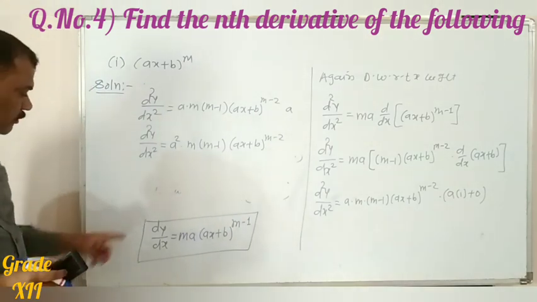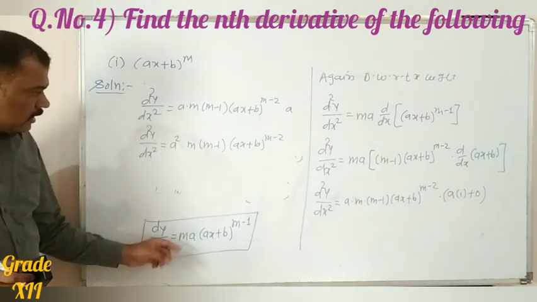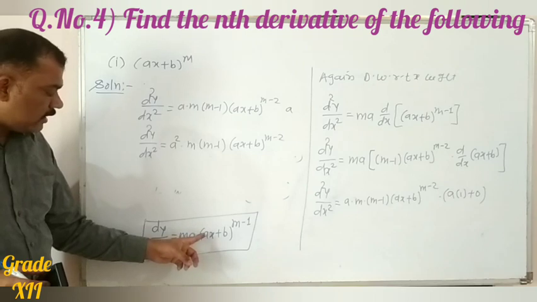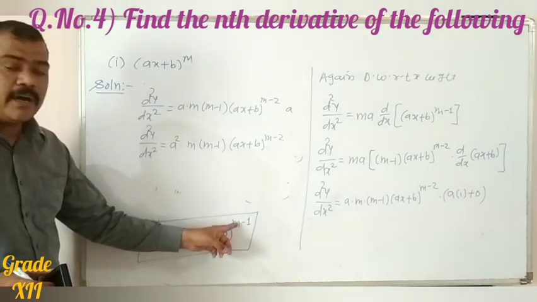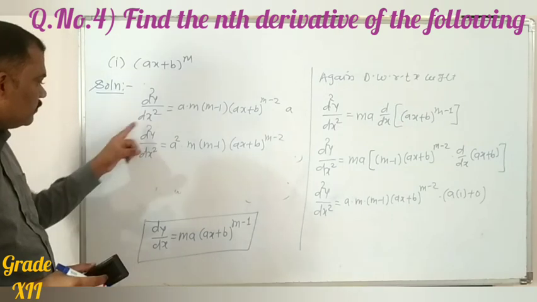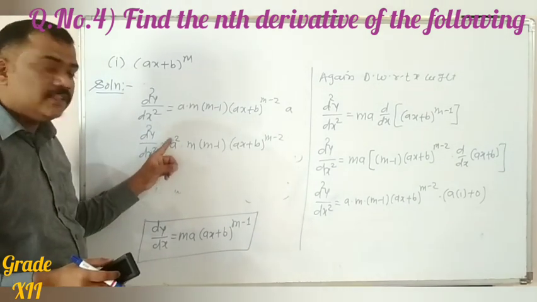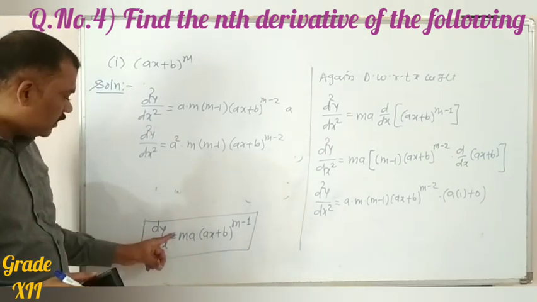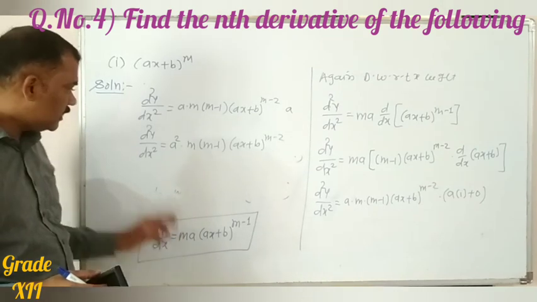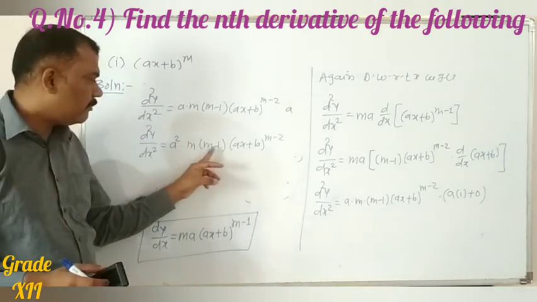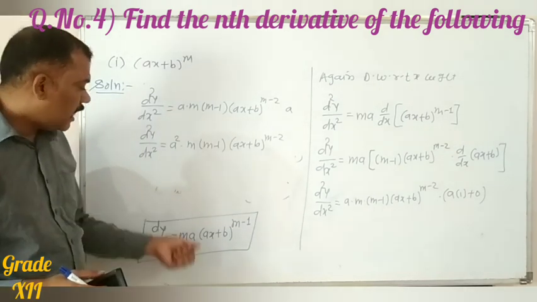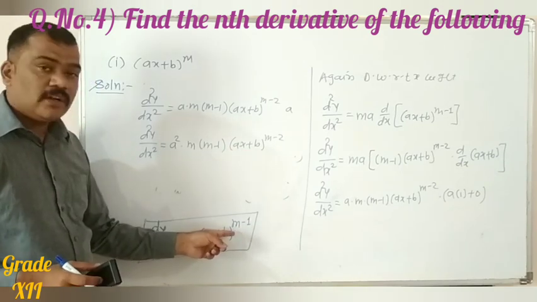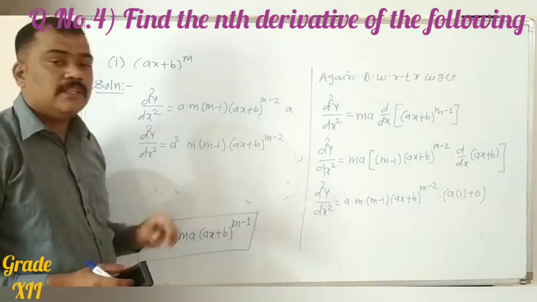Okay, if you observe it carefully, here first order derivative, the coefficient is m, power of a is nothing but 1. Here also power of ax plus b is m minus 1. If you observe the d2y by dx square, here power of a is 2. Second order power of a is 2. First order power of a is 1. First order derivative, there is only one factor, that is m. Second order derivative, there are two factors, m into m minus 1, that is we have to minus 1. Also we have to observe the power of ax plus b, it is nothing but m minus 1 for first order derivative. For the second order derivative, here power is m minus 2.